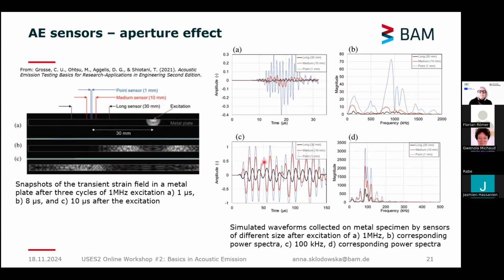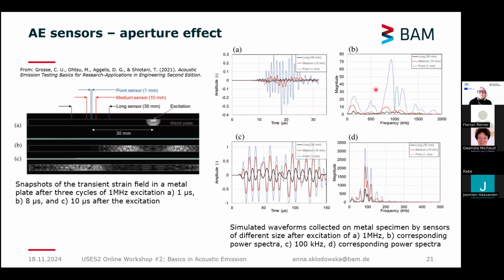As you can see, the point sensor exhibits by far the highest amplitudes, as its whole surface area, in this case the line in the 2D simulation, is excited at the same phase of the wave. However, the long sensor, the black line, exhibits much smaller amplitudes, since even when the maximum pressure of the wave is exciting a part of the sensor, this is averaged along the whole sensor length, with the other parts of the line sensing less pressure or even opposite phases.